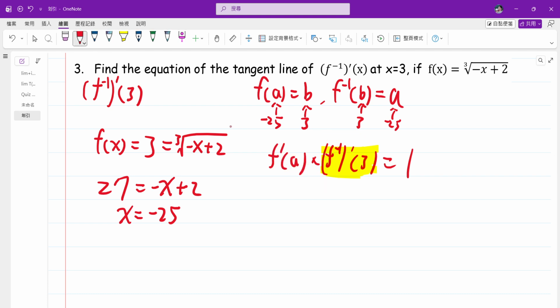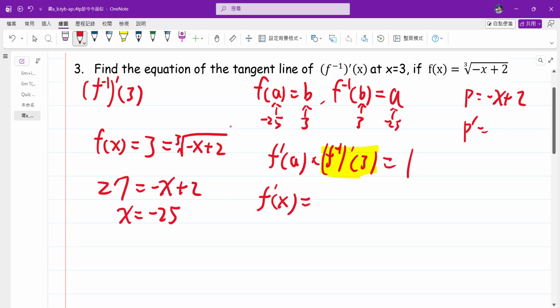Okay? So first, find the first derivative of the original function. I can set p equal to negative x plus 2, right? So p prime, the derivative of the constant equals 0, and the derivative of negative x equals